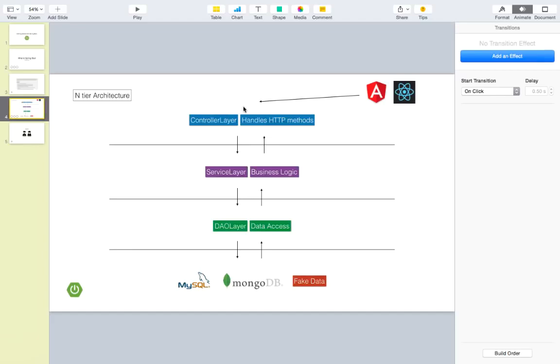And also we had a data access layer, and this was responsible for getting data. Now we just got fake data. But let's say that we had a MySQL or Mongo database that we want to get data from. So the way that you would do that is,